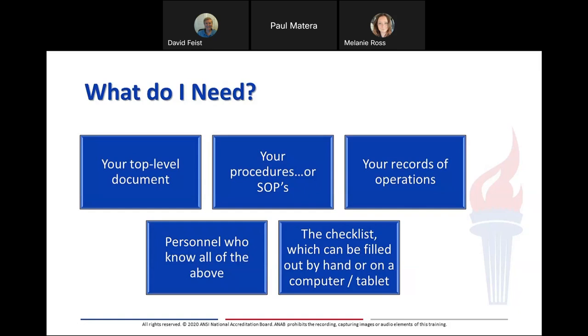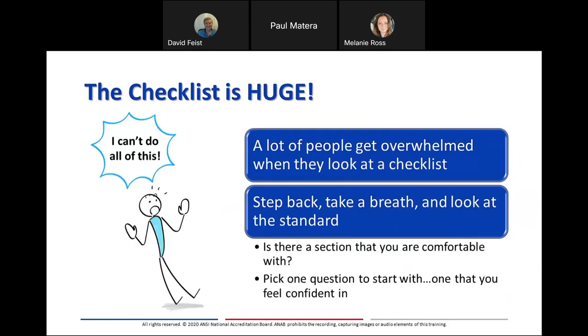And so you start to look at these checklists and you're like, wow, this thing is huge. They can be quite lengthy, especially for some of the more in-depth standards. I know that our ISO 17025 checklist, for example, sits at 47 pages right now. A couple of those pages are taken up with the intro and some additional requirements at the end, but essentially it's 47 pages of checklist, and when you first look at that, it can be a bear. However, just like any large task that you've got in front of you, if you break it down into sections, in this case, it's only 8 sections long.